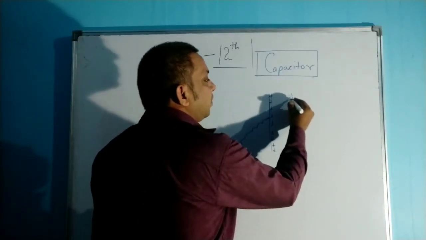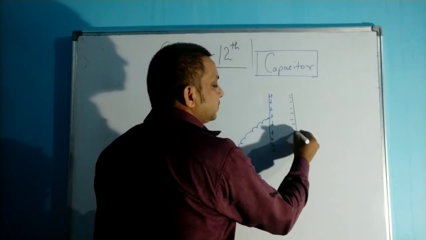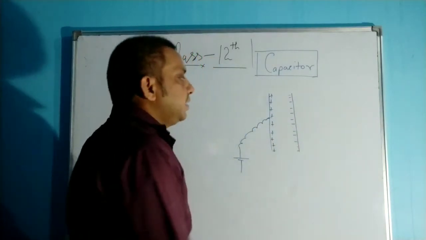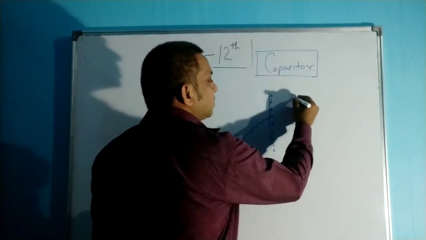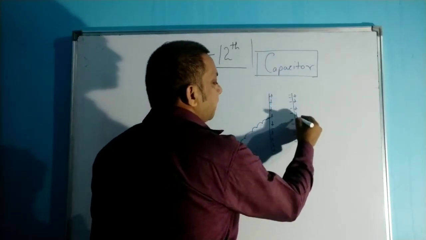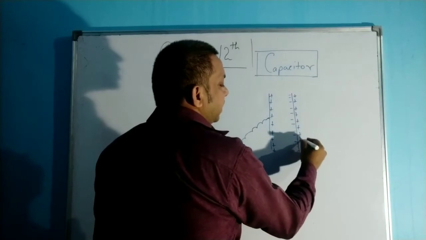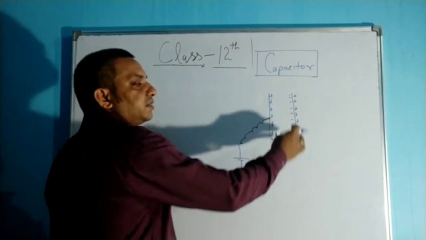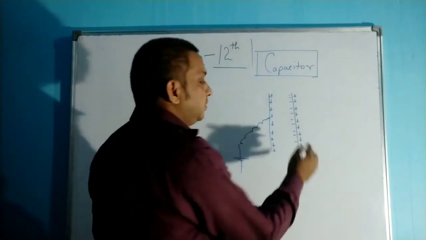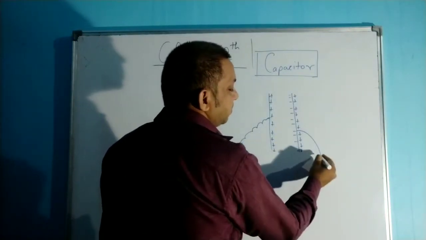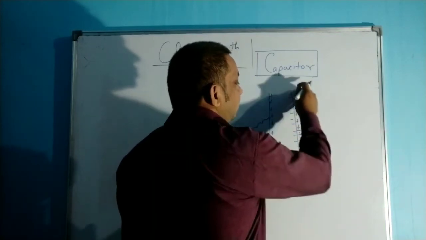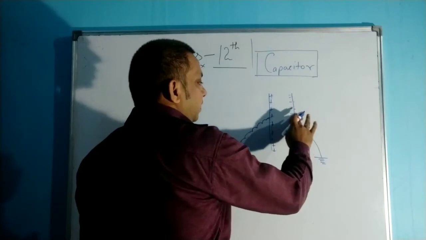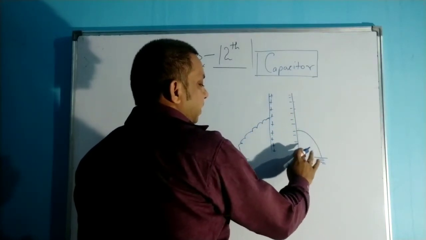So this end of this identical metallic plate becomes negatively charged, and because of this movement, this side becomes positively charged. Right? Now if you make this surface grounded, if you just touch this one with the ground, this side of the charge will get discharged. So this positive charge is gone.